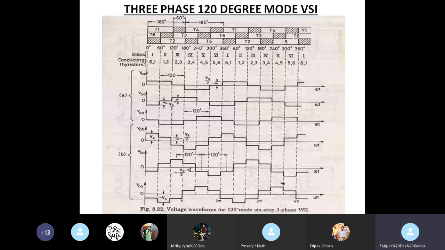The next important point is that in the 120 degree mode inverter, the potentials of only two output terminals connected to the DC source are defined at any time of the cycle. That means the potential of the third terminal, pertaining to the particular leg in which neither device is conducting, is not well defined, and its potential therefore depends on the nature of the load circuit.